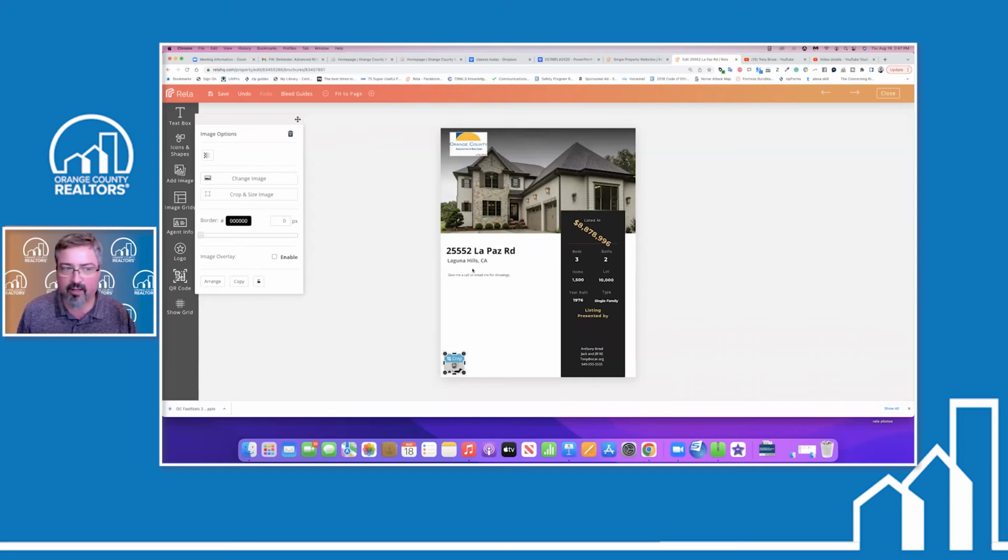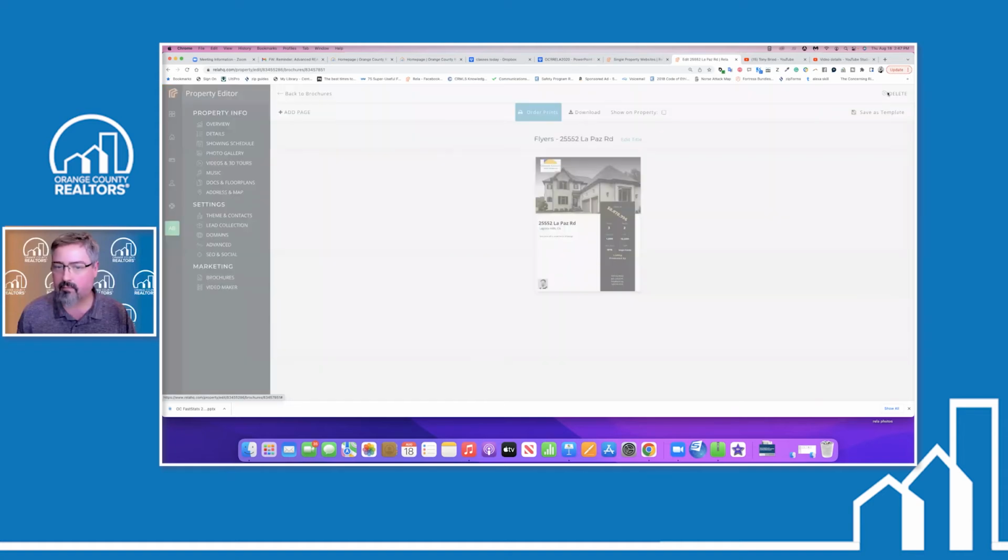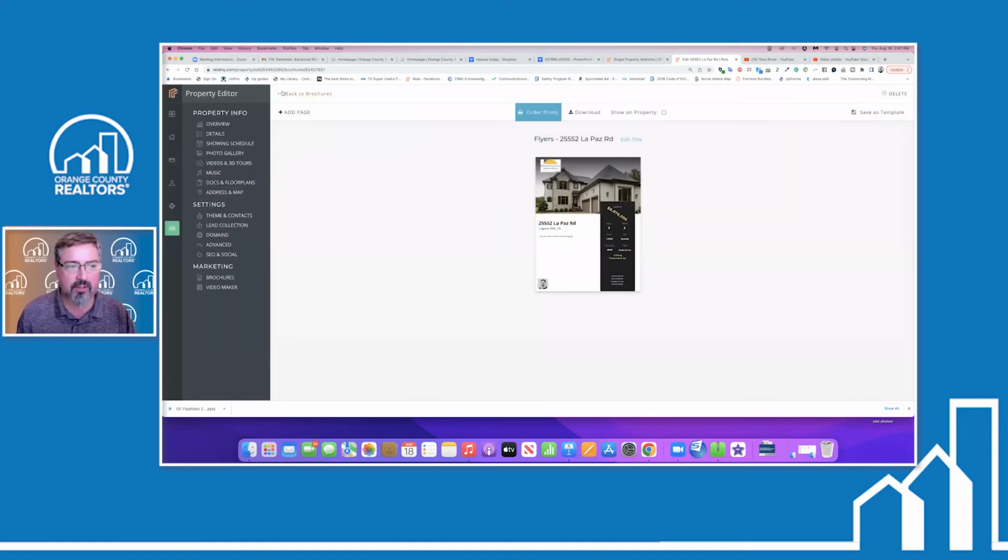Now, by the way, these are high definition PDF files. So, a nice, great flyer program for us. But wait, it doesn't stop there. Besides flyers,